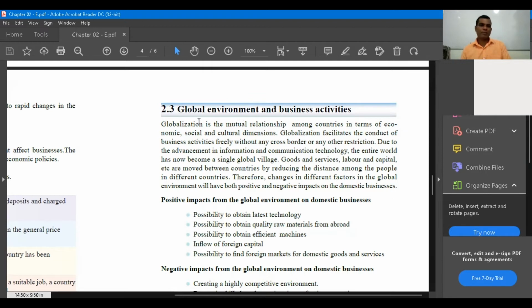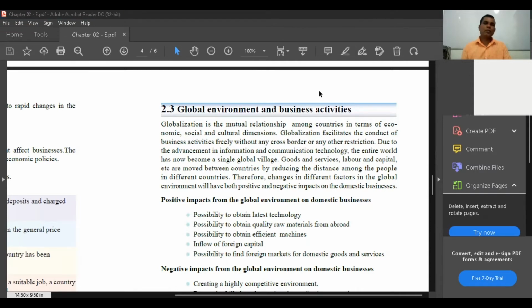Global environment. The other one is the global environment. Yes. Please write down the next question. What is global environment? What is global environment regarding business environment? Look at that global environment. I'll explain it to you very simply. You see,